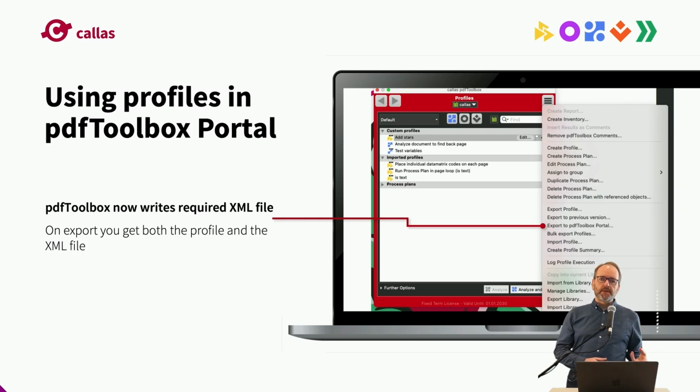The cool thing is, as I said, it is built on top of pdfToolbox, and that means that it can also run pdfToolbox profiles and process plans. And so you can create those in the desktop application, and then you have to export them from pdfToolbox desktop and then give them to pdfToolbox Portal. But in order to do so, there is an XML file that is required as well. And that XML file contains